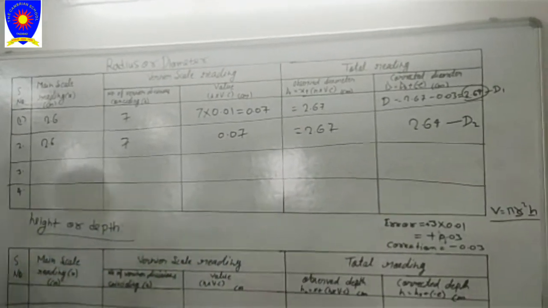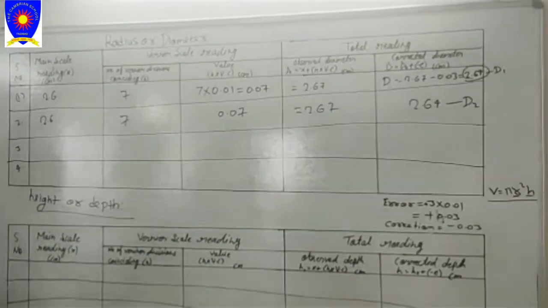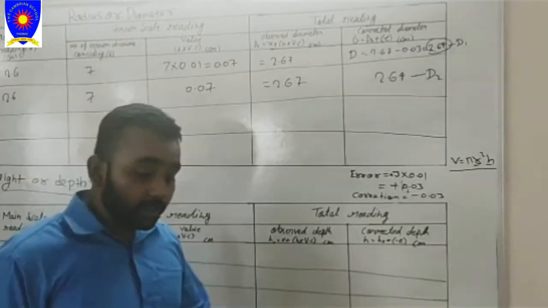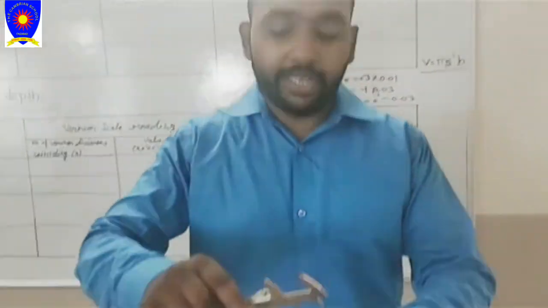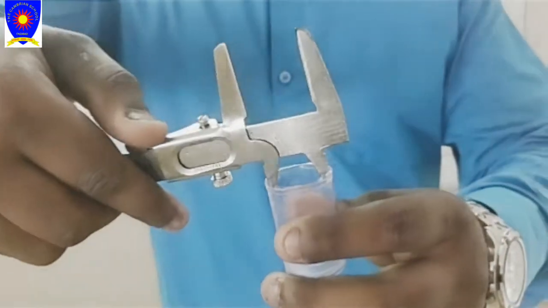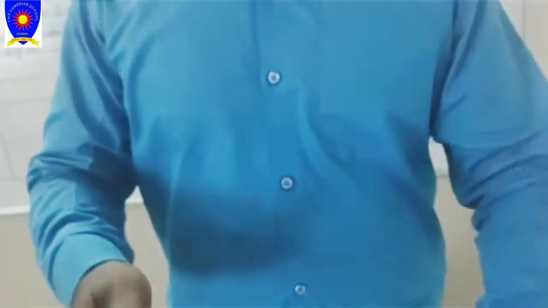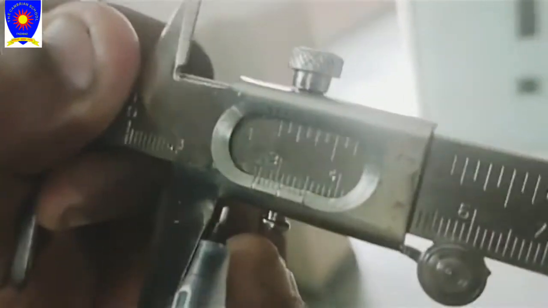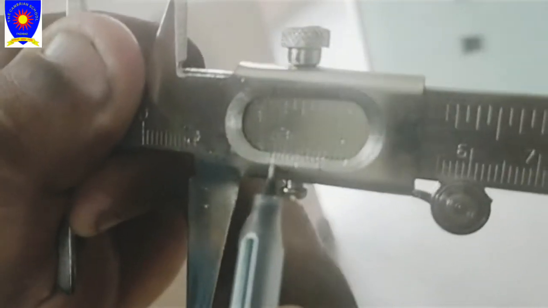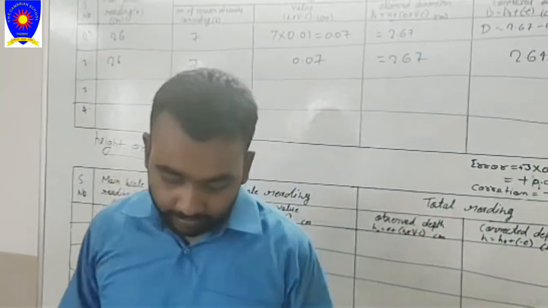Okay. Now find its third reading. So the process is the same. Again set the jaw inside the given cylindrical body and now calculate its value. But this time we are looking that its value is 2.7. So write here